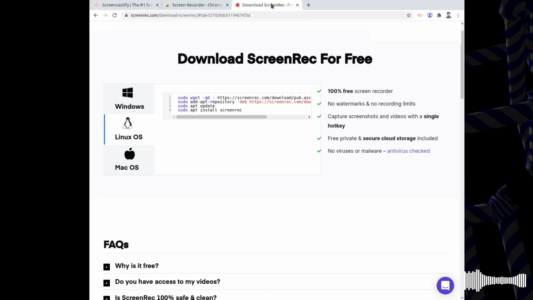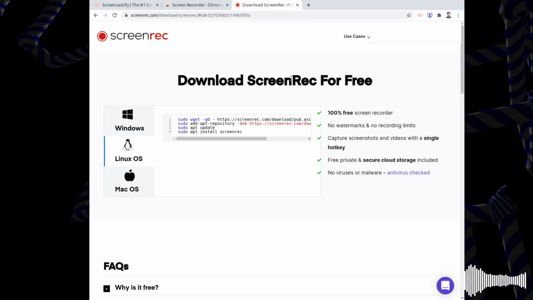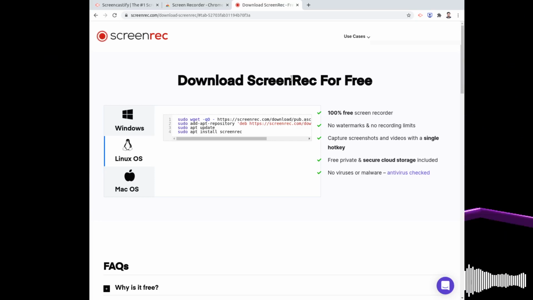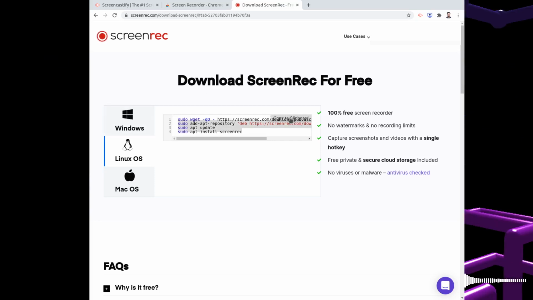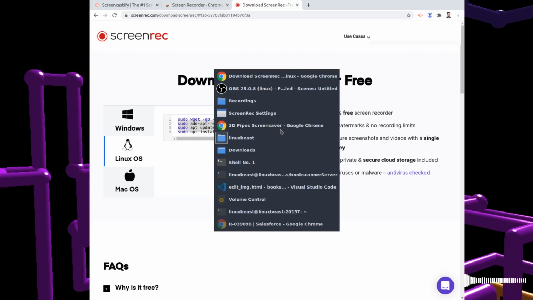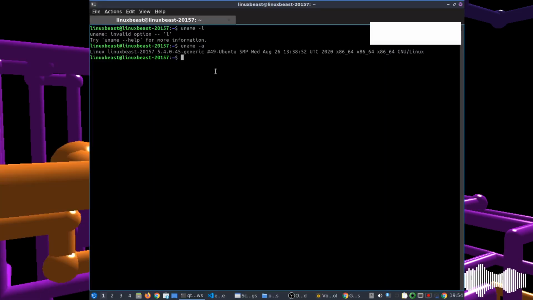But recently I came across this ScreenRec software, which is helpful and also supports Linux OS out of the box, and there is no workaround here. Just copy a few terminal commands to the clipboard and add them to your terminal.